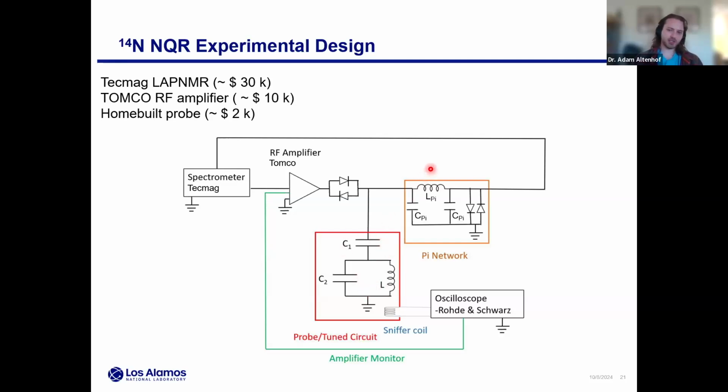And something interesting that we use is, for our passive transmit receive switch, lambda over 4 cable at these frequencies is going to be something like hundreds of meters. So we don't really want to use that. Instead, we can use this thing called the Pi network. This is really nice. It's just a lumped element circuit, totally passive. And it gives the exact same effect as the lambda over 4 cable, assuming you set these values to be tuned for the resonance that you're working at.